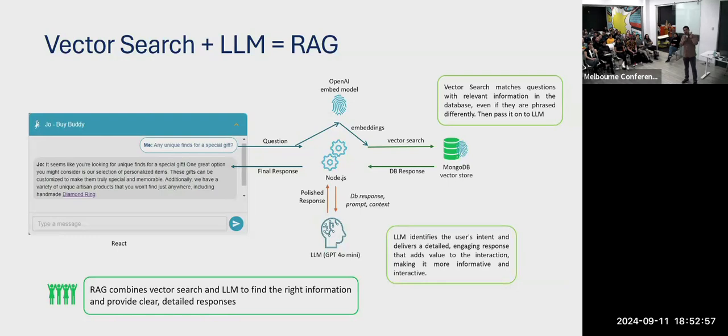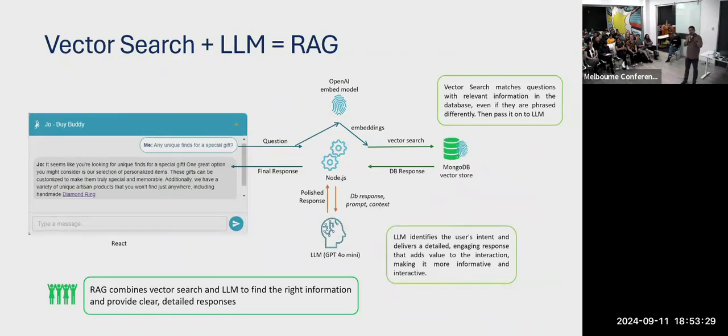So here, when a user asks for any unique finds for a special gift, it sends it to the embed model and gets the vectors. Then it looks it up with the MongoDB vector search, and MongoDB returns similar documents. After getting the response from MongoDB, instead of sending it back to the React frontend, it sends it to GPT-4 Mini for a polished response, saying that you are a helpful assistant at Milajo, and these are the documents we got for the user message. Then the LLM identifies that intent and makes it a bit polished and engaging, saying that, yeah,